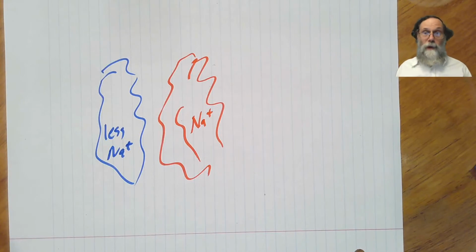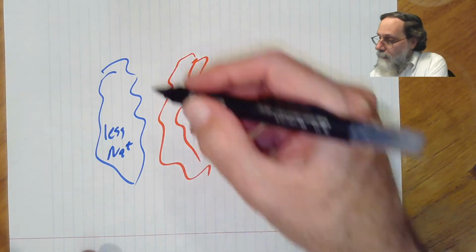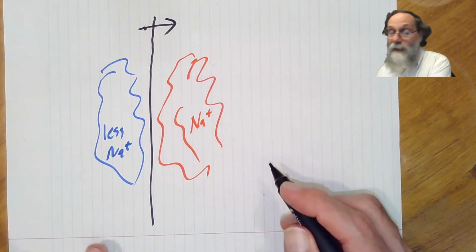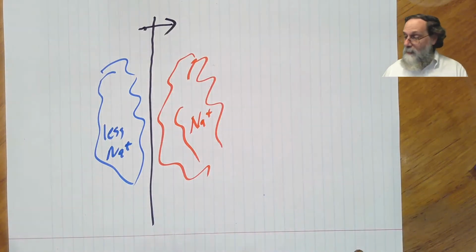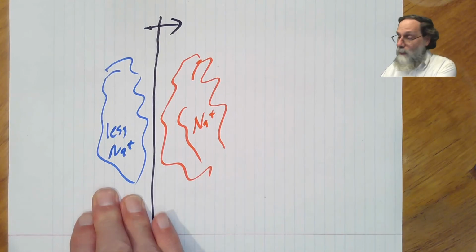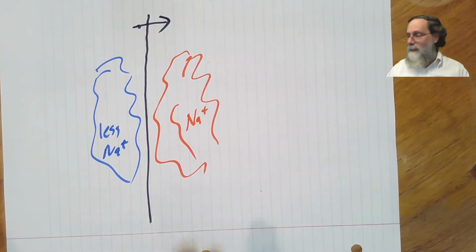But the heart doesn't all depolarize at once. The depolarization travels through the cells. Basically, when one cell depolarizes, then the one after it does, and the depolarization travels as a wave through the muscle tissue. And that means we've got sort of a wave front here, and it's, say, moving in that direction, because this is the part that hasn't depolarized yet, and this is the part that has depolarized. So we have a depolarization wave traveling that way.